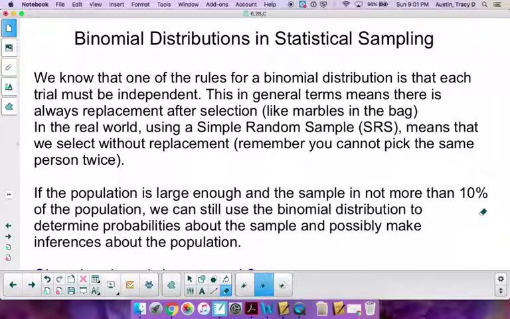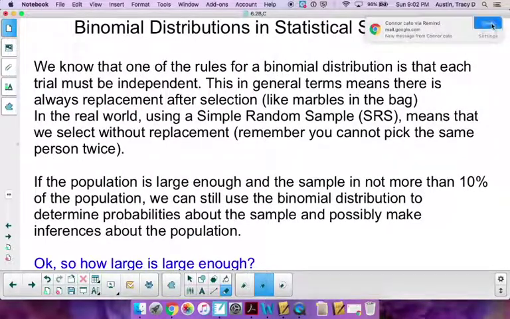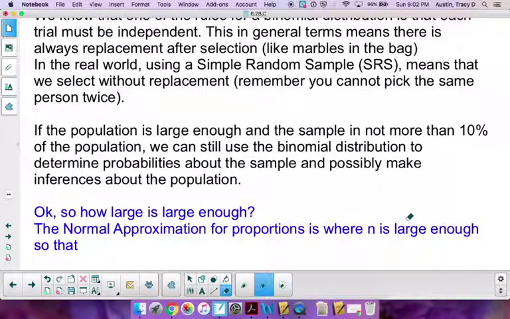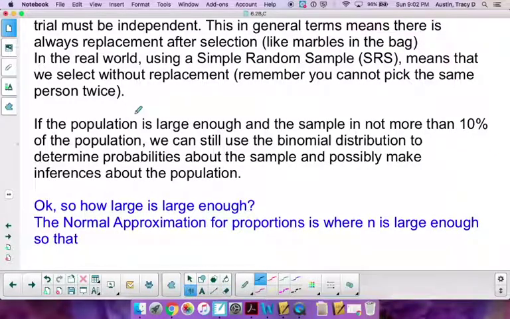Okay, so please keep in mind also, I want you to specifically remember that this is for proportions. Okay, that this is not for anything else. Remember that a probability and a proportion is about the same thing. It's a part of a population, right? Okay, so this is specifically for proportions. Normal approximation, meaning that it's still going to, it's really not the normal approximation, it's more like the independent